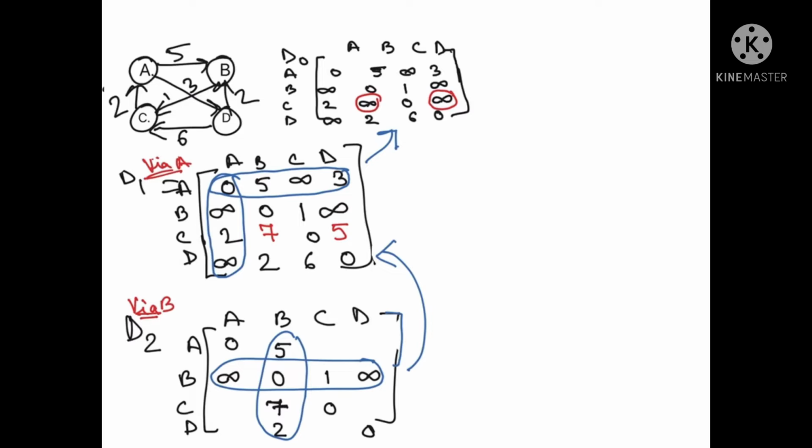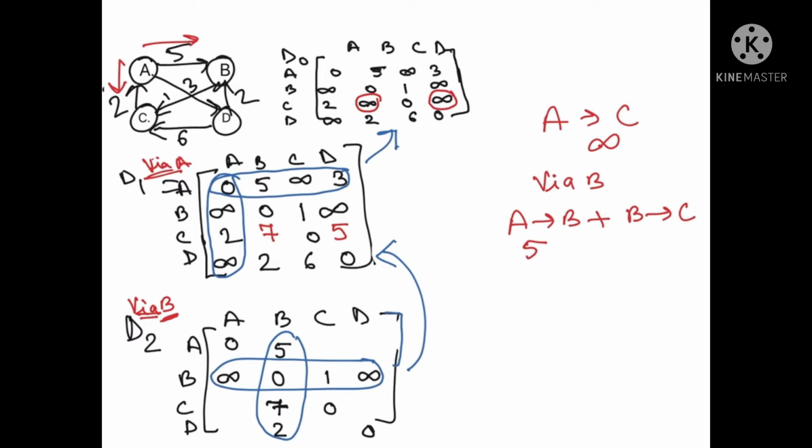Okay, now you already know that diagonally the elements will remain 0, so you don't have to do anything over here. Now see, A to C, you have to go from A to C. So one is like you will go directly A to C, which is infinity. The other way is via B. Why? Because we are taking this one. Okay, so now it will be A to B plus B to C. So what is A to B? This is 5. And what is B to C? That is, yes, that is 3. Correct? So now when you add 5 plus 3, which is 8, and this, so which number changes?